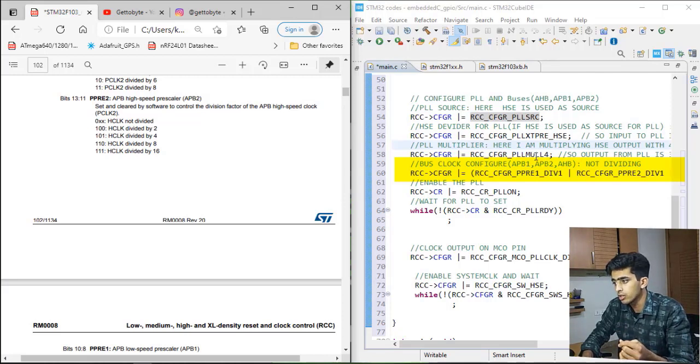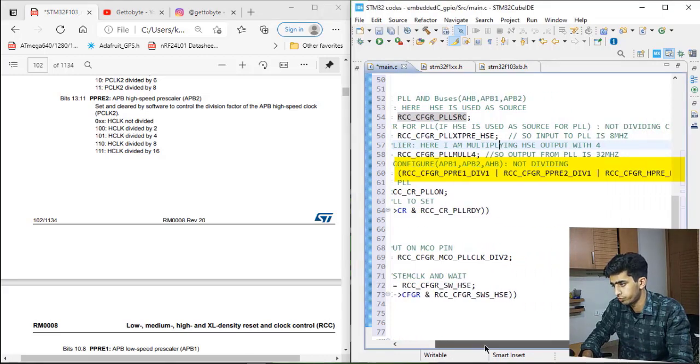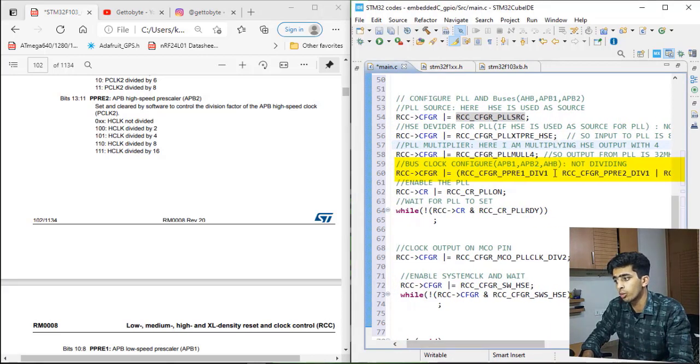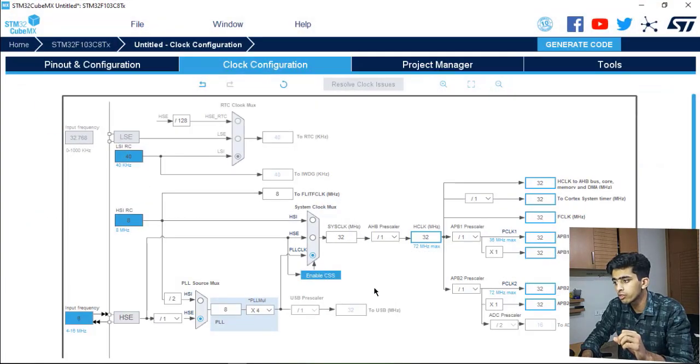As I am not dividing any of these clocks, I have just used the divider 1. That means the clock is not divided, and the frequency I get from the main clock, that is 32 megahertz, I will be feeding directly to my APB1, APB2 and the AHB.